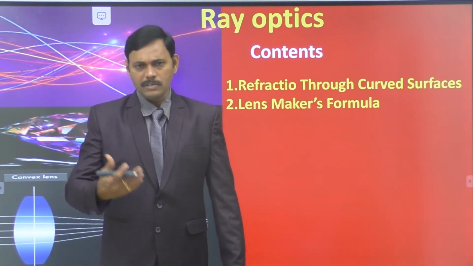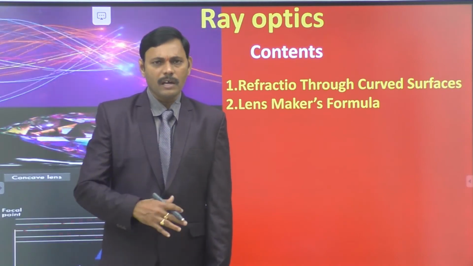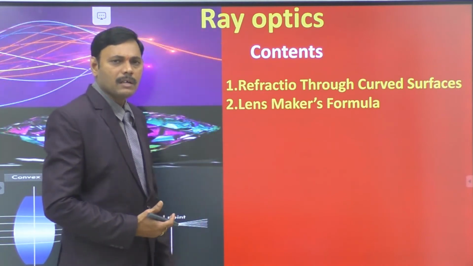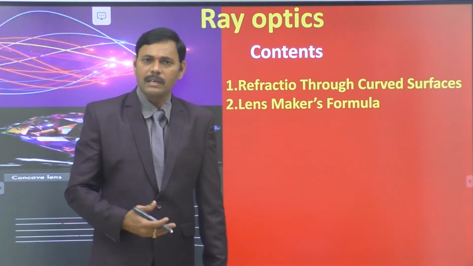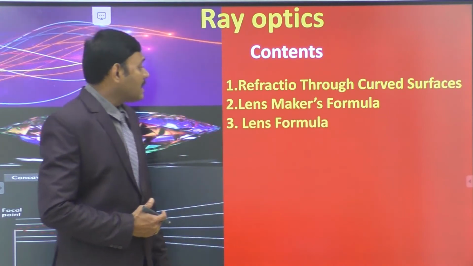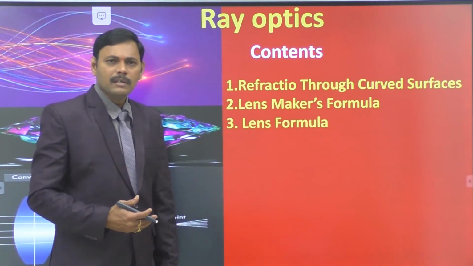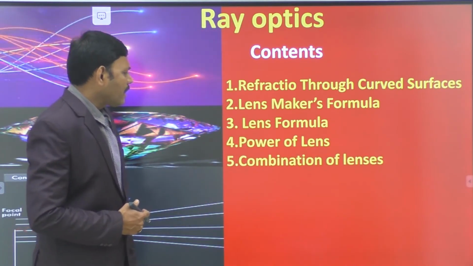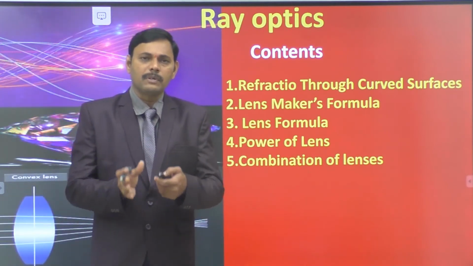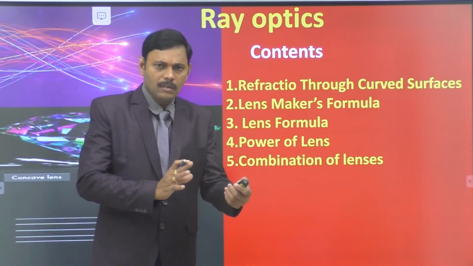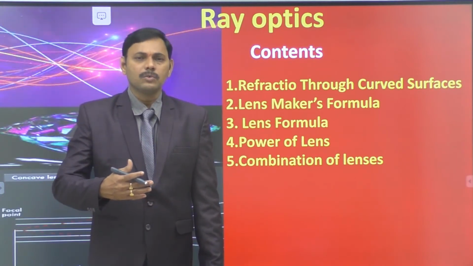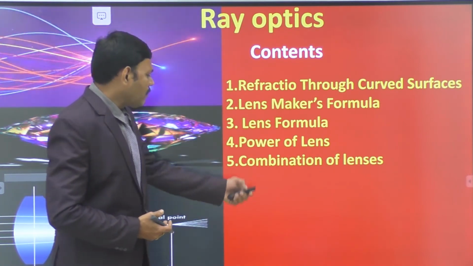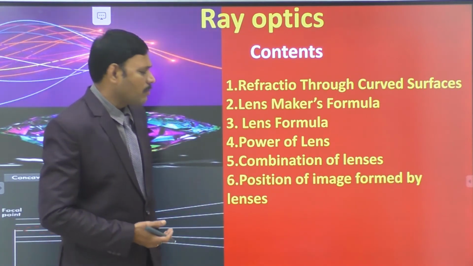There are two types of lenses mainly, convex lens and concave lens. The lens maker's formula is a very important one, which gives the expression for focal length in terms of their radii of curvature, followed by the lens formula that gives the relation between image distance, object distance and focal length, then power of a lens, followed by combination of lenses, where we can keep a number of lenses one after another to get more magnification, and to achieve the required magnification and power, we may use a combination of lenses.